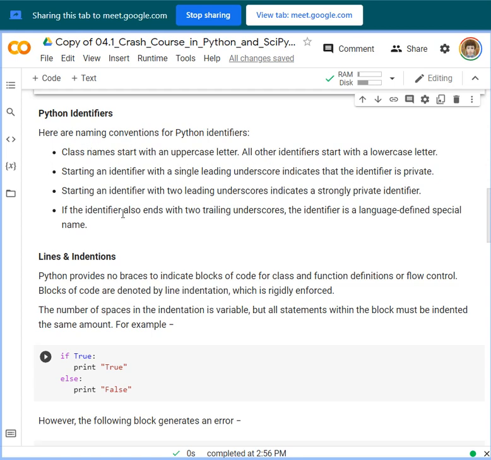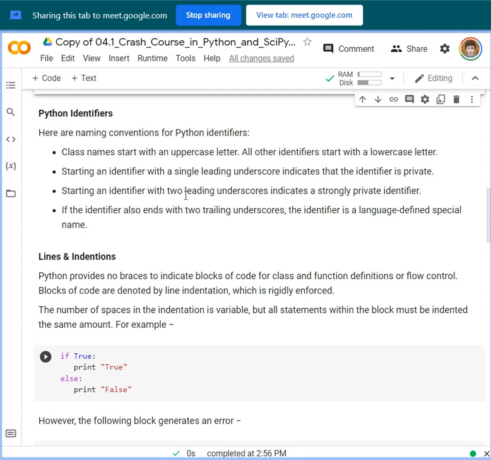And for all other identifiers, you can use lowercase letters. Starting an identifier with a single leading underscore indicates a private identifier.